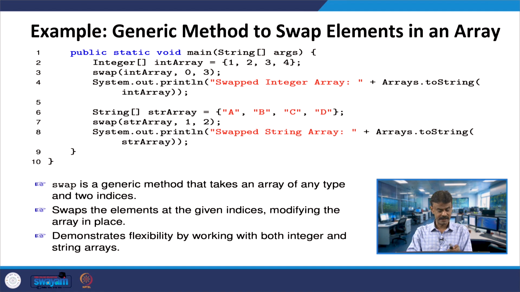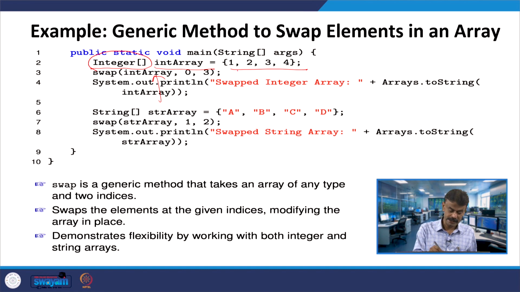So, this is inside the driver class generic swapper, and here you go, alright. So, I am creating an integer array, you call it an int array, right. An array of integers, and in int array you have 1 2 3 4, alright, and to swap you are passing int array, 0 and 3, right, the 0th index and 3rd index.